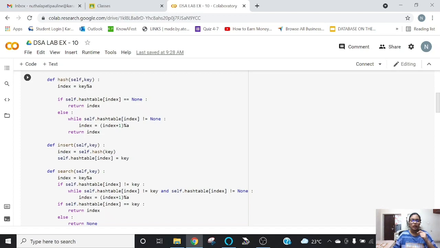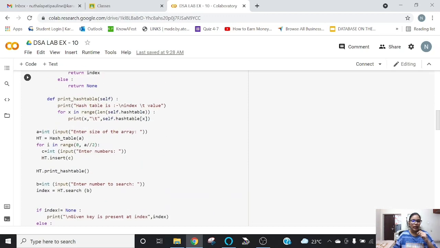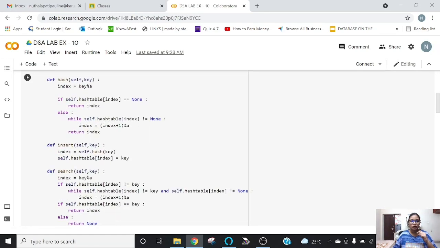It is going to have a modulus with the size, the total number of elements in the array. So index equals key modulus a. Here I have given "enter the size of the array". So when the user gives a particular size for the array, it is going to be considered as a, the total number of elements, and this will be the main point to calculate where to place the